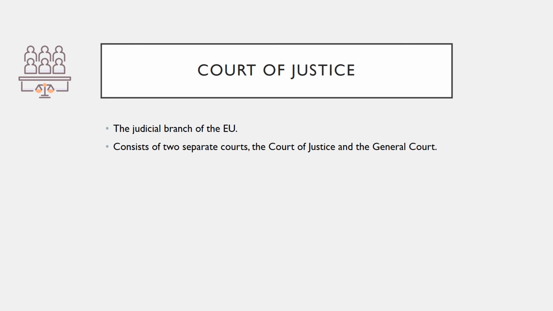It consists of two separate courts, the Court of Justice and the General Court. The Court of Justice deals with requests for preliminary rulings from national courts, certain actions for annulment, and appeals. The General Court rules on actions for annulment brought by individuals, companies and, in some cases, EU governments. In practice, this means that this court deals mainly with competition law, state aid, trade, agriculture, trademarks.